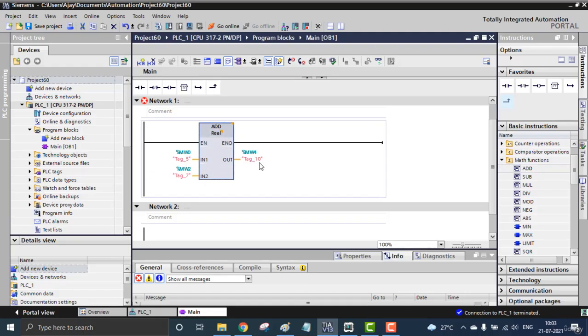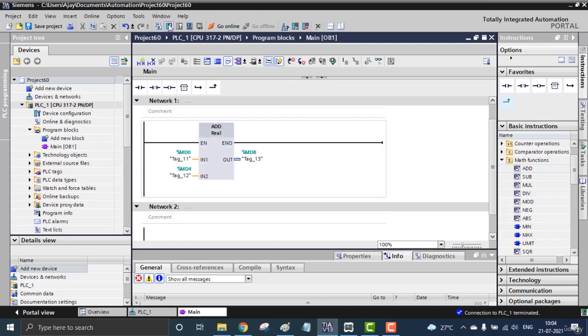That means these tags cannot be used. So I'm using the double word. Okay, so md0 will be added with md4 and stored in md8 because it is a real number. So memory double words can only be used.